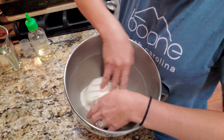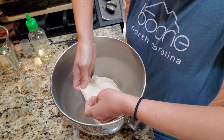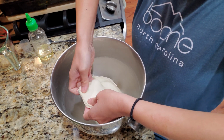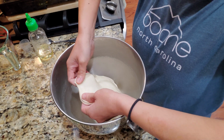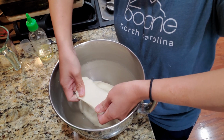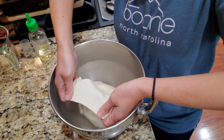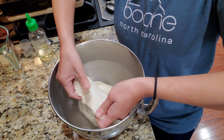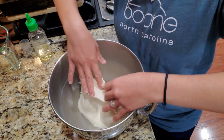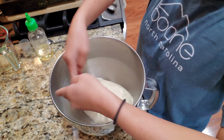Now the dough is super soft and silky. You can see it's a little dry because I don't want it to stick to my hand too badly when I work on shaping the bread. But it's stretchy, super stretchy now. See, it's so smooth. It doesn't break. Of course, eventually it will break if I continue to tear, but you can tell